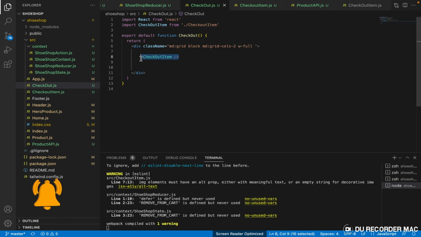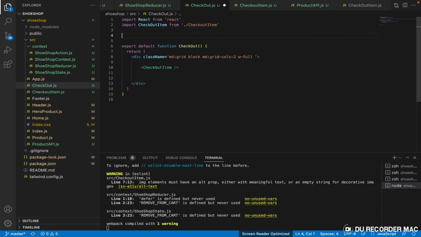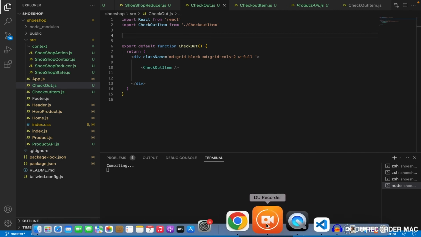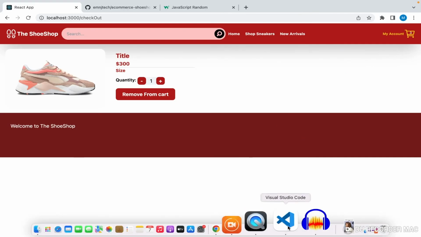I just imported the checkout item component and rendered it right here. So what this means is that if we now import in this checkout page, you can see it. This is our checkout page. That's the only thing there. That means if we import